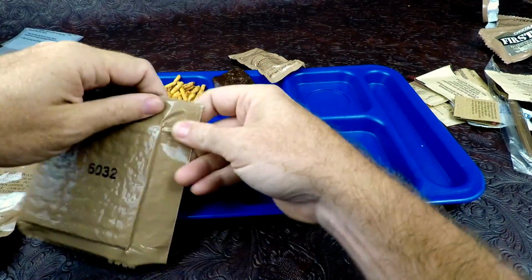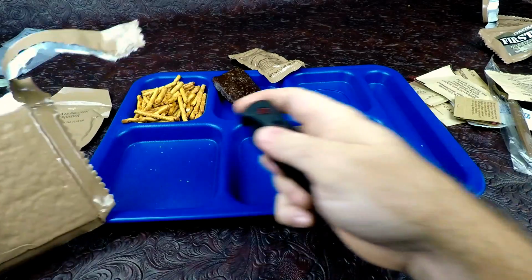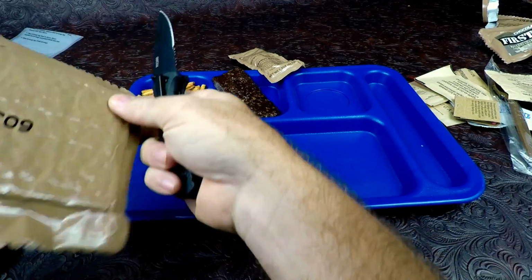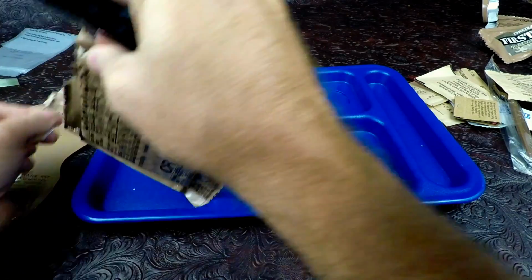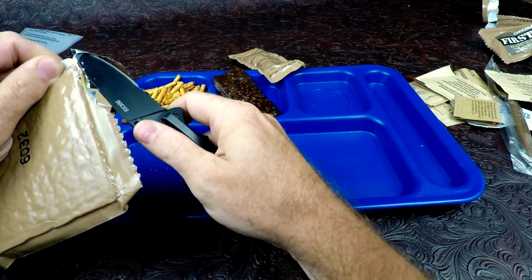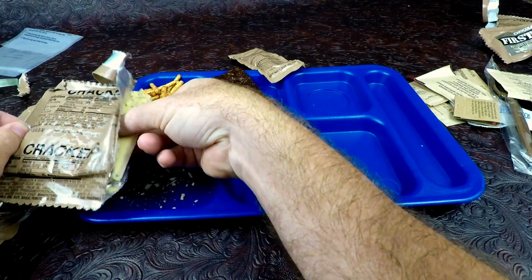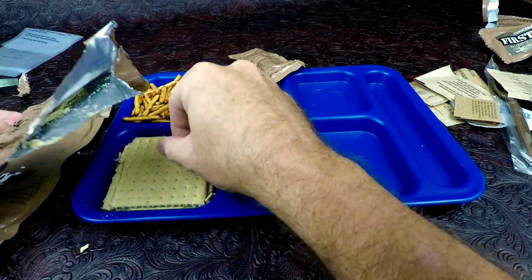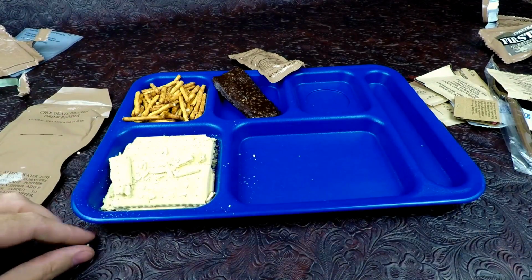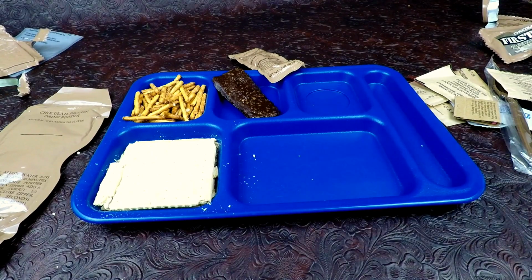Open up our crackers next. We might have to do a little bit of that action. I'll get that corner released. There we go. Crackers are a little bit crumbly, but overall came out pretty good. All right. I'm sure the post office did not do that any favors at all. I could only imagine the chain of events that happened to this on its way to my house. That being said,